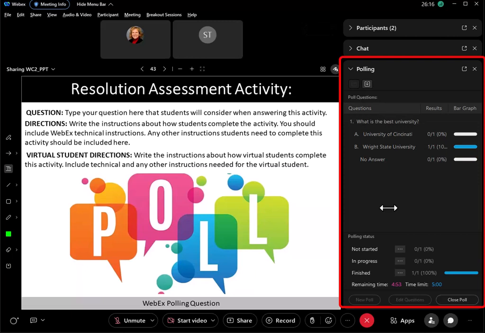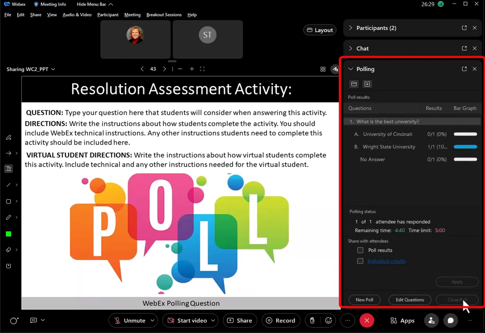They click on their answer, they click on submit, and as the polls come in, you see that it's one of one, selected Wright State University, go Raiders. And when you're done with it, you can close the poll, and you can share the results with the students, and they can see the results.